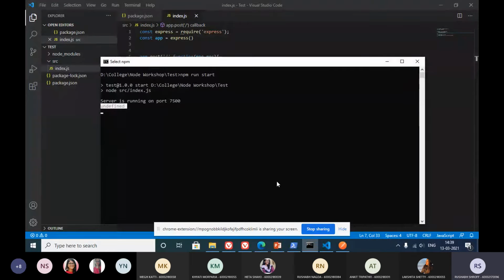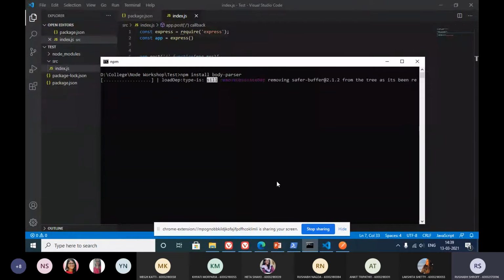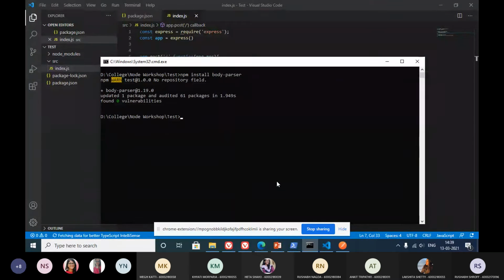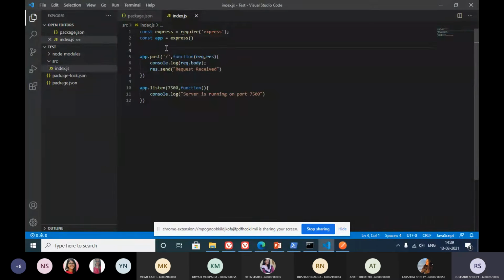So to do that, we'll go ahead and install body parser with npm install body parser. Now since body parser is installed, we are going to use it as a middleware.